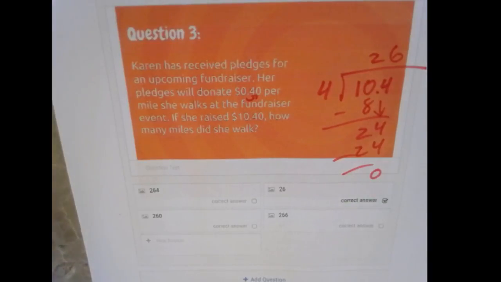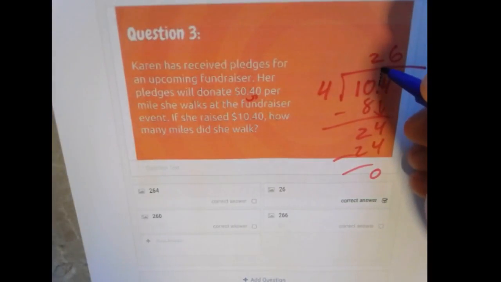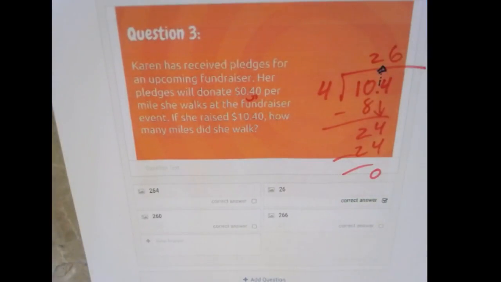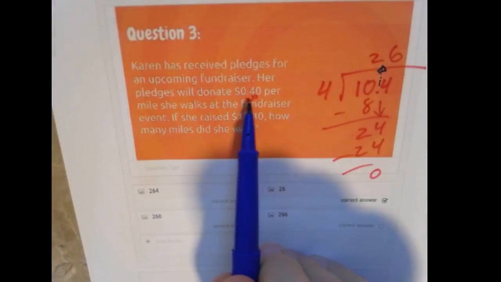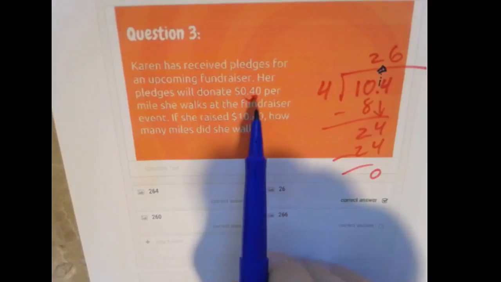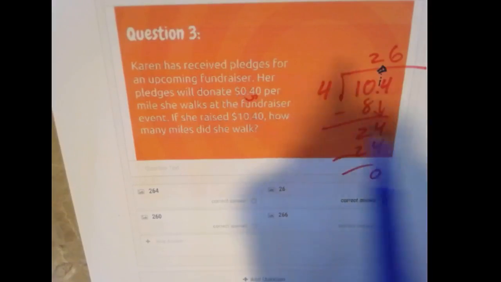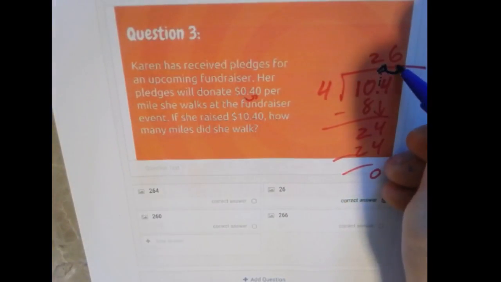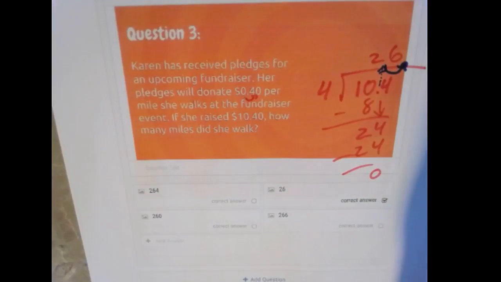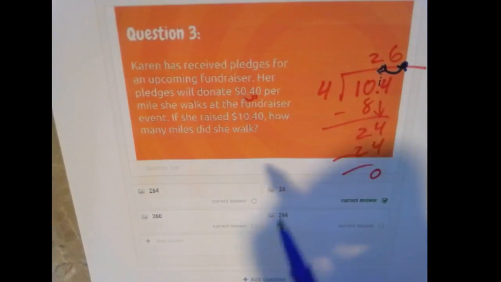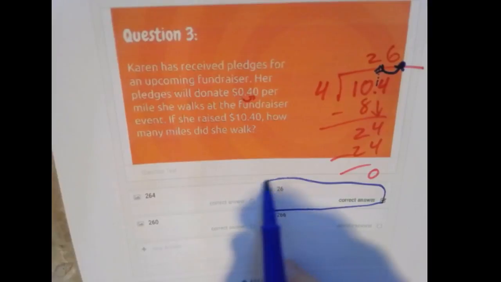Excellent. So we put the 2 over the 10, so if you lined up the decimal, it would go here, but recall that because we moved the decimal 1 spot to the right in order to be working with 4 instead of 0.4, we'll move it to the right once again. So the number we're looking for is she walked 26